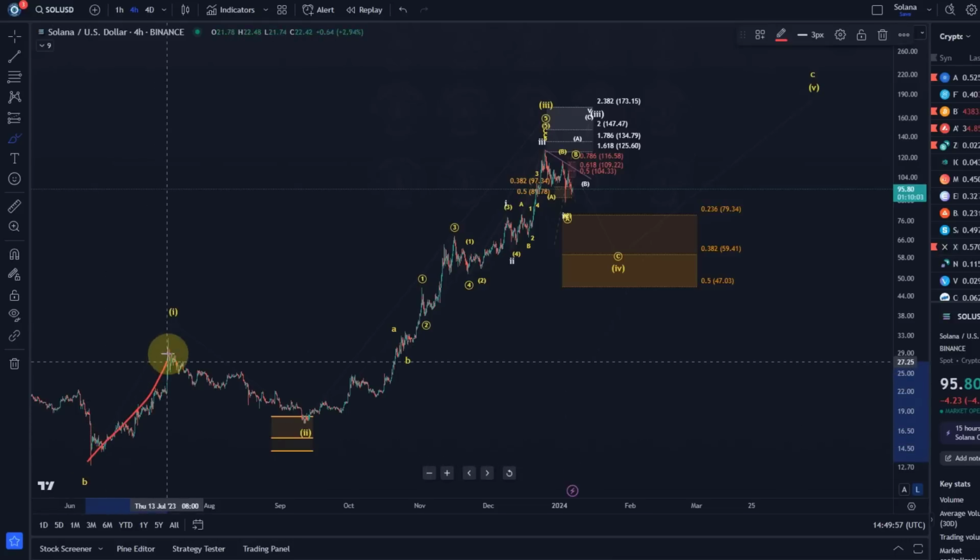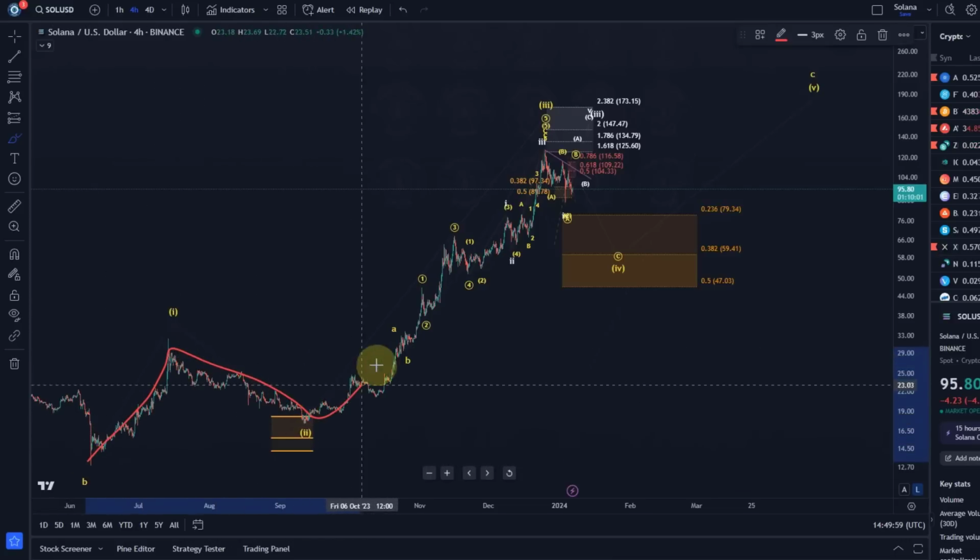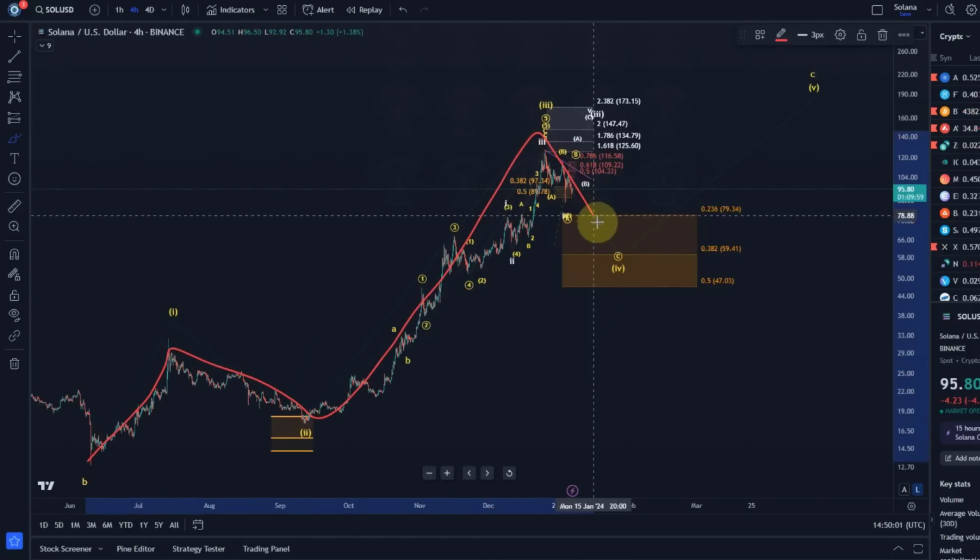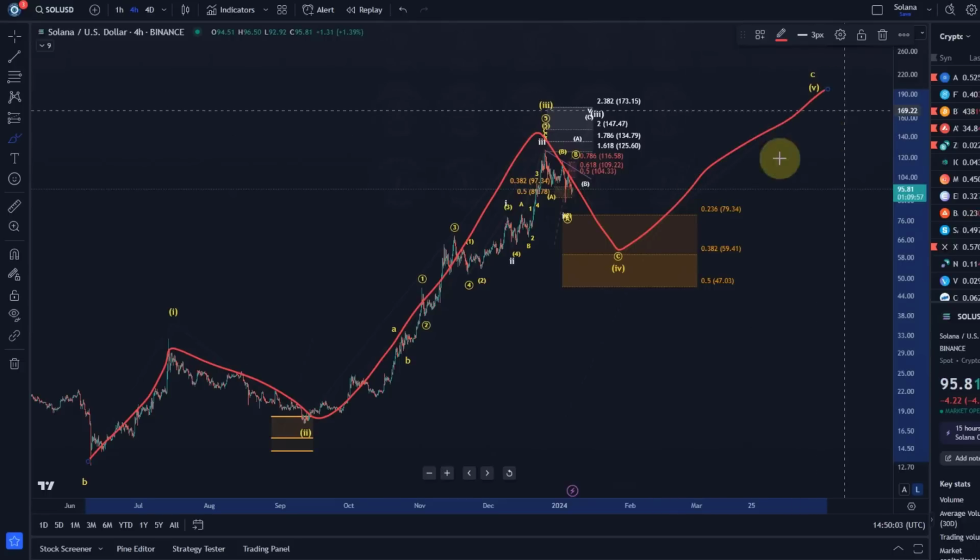There is a wave 1 to the upside, a wave 2 to the downside, a wave 3 to the upside, a wave 4 to the downside, and a wave 5. That's our plan, our agenda. That's how I see the chart. That's what I see as likely, as long as certain parameters are fulfilled and adhered to, and certain conditions are met. Like the boxes indicate what the conditions are.